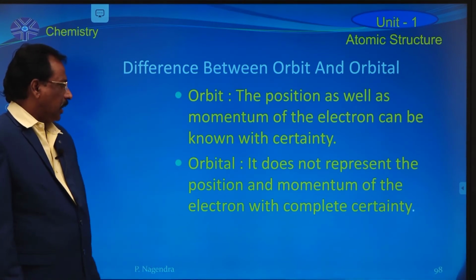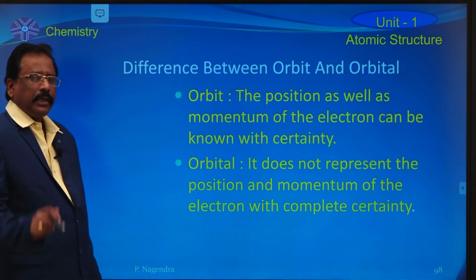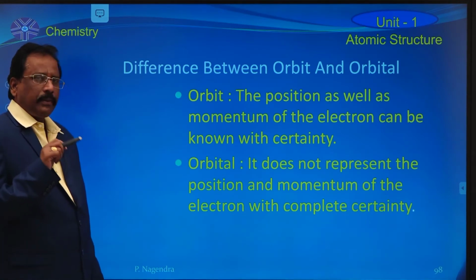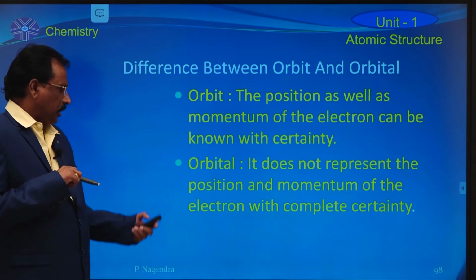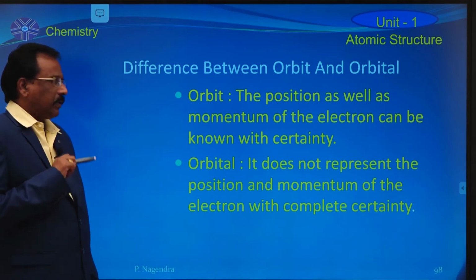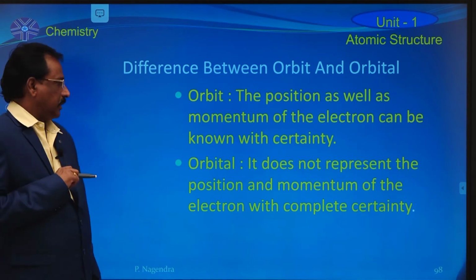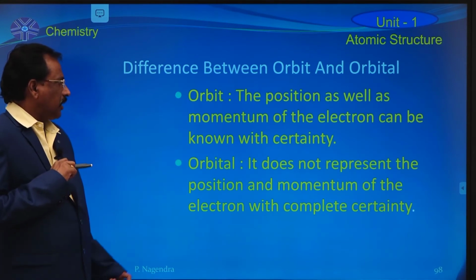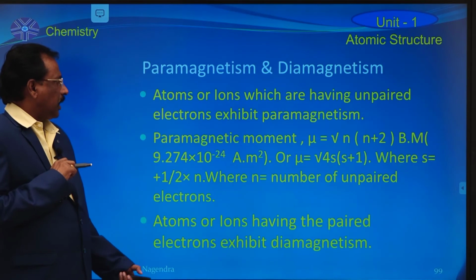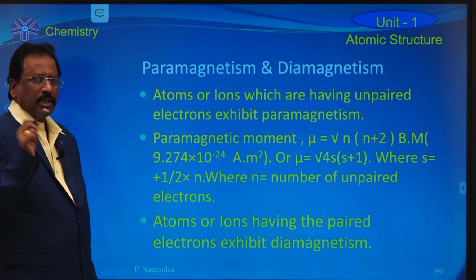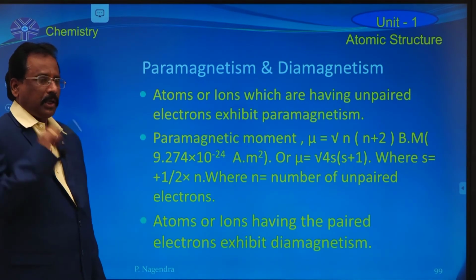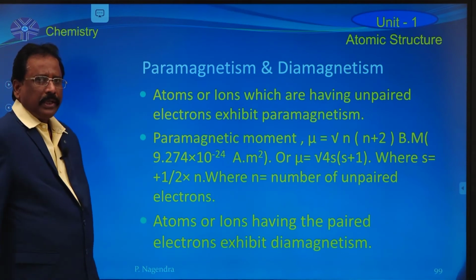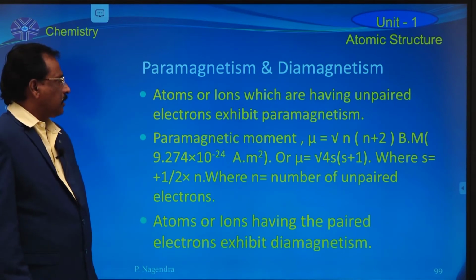But according to the orbital concept, it is impossible to determine the exact position and momentum of the electron with complete certainty. So this is about the difference between orbit and orbital. And then the next topic in this chapter is